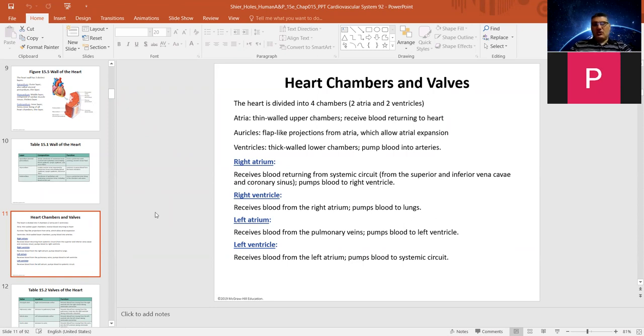So now the other thing is, what you said that both ventricles are thick, but the left ventricle is even thicker. Why? If you compare right and left, the left is thicker? Both of them are thicker than the atria anyway, but why is the left thicker than the right? Here is why. It all depends on the function. The right ventricle needs to contract strong enough to push the blood out to the lung. The lung is right beside the heart. Even though it's outside of the heart and you're traveling some distance, it's not a huge distance. It's right beside it. So it is strong, but not as strong as the left, because the left, on the other hand,